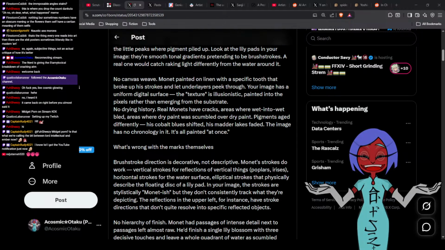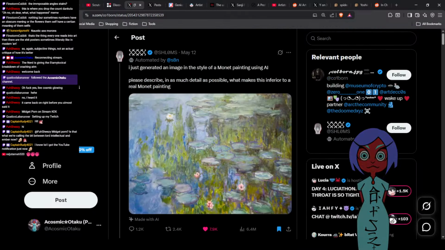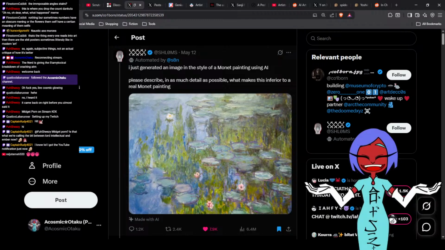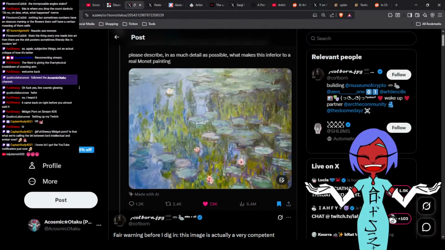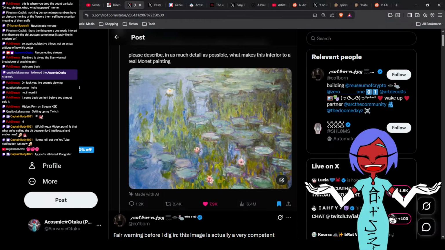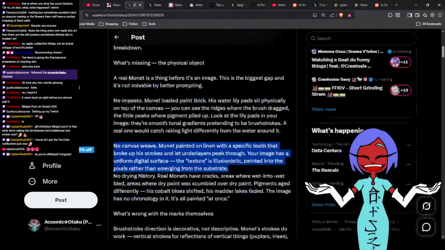So, no canvas weave. Monet painted on linen with a specific tooth that broke up his strokes and let underlayers peek through. Your image has a uniform digital surface. The texture, quote-unquote, is illusionistic, painted onto the pixels rather than emerging from the substrate. Oh boy, did that actually not come out very well, right? But obviously you could also say that just because it's a photograph. Of course you're not going to see that on a photograph. But anyway,